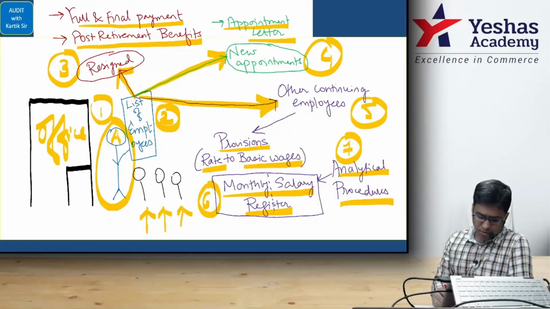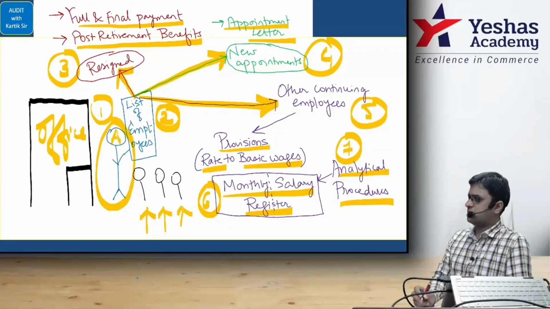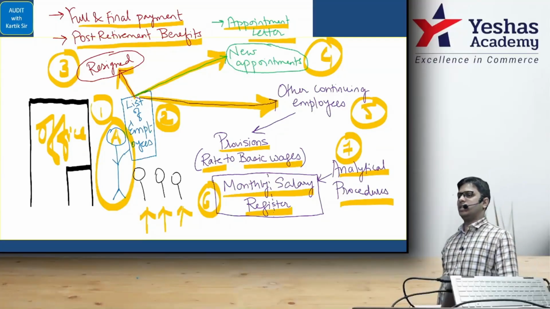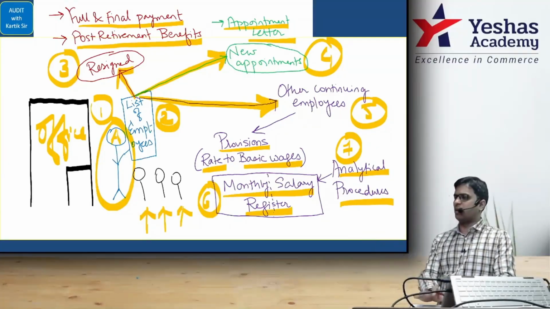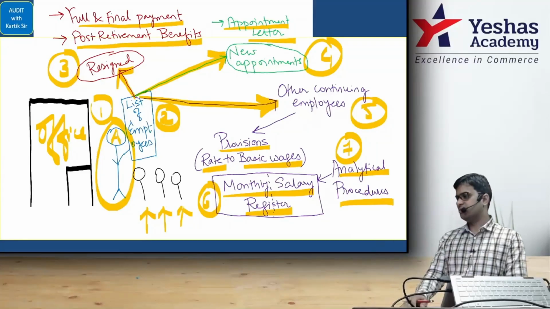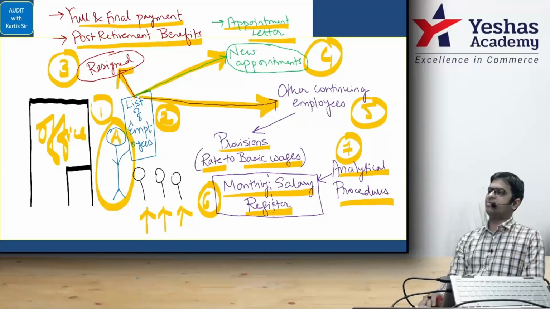Please here, perform analytical procedures to obtain audit evidence as to overall reasonableness of the employee benefit expense, which may include production per employee analysis. Are you there? Easy. Imagine we are selecting a few answers out of this chapter. The entire chapter is like this only. Random points given. No connection only.